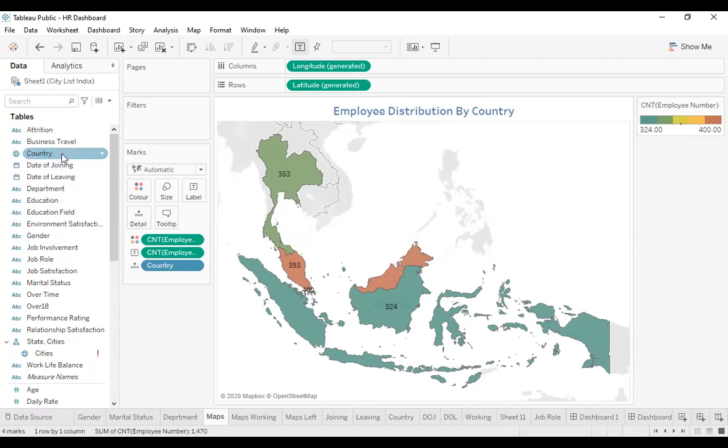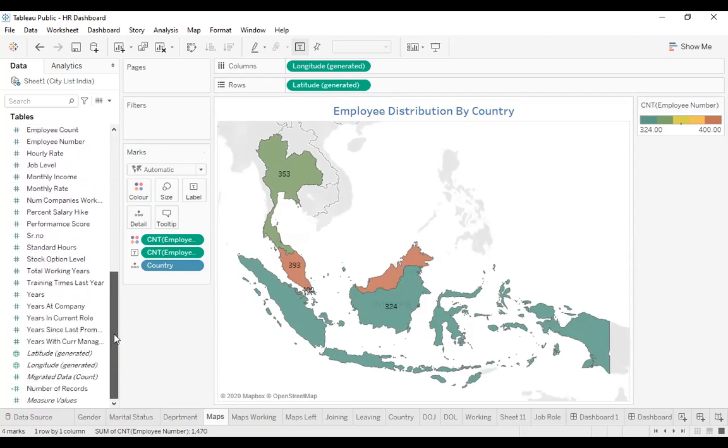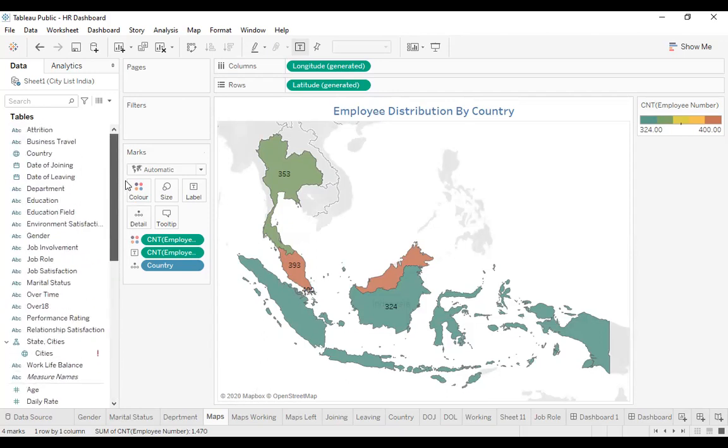So when we drag and drop the globe sign into the data, the longitude and latitude are automatically generated. You will find that longitude and latitude has been generated in the measures, because you can do calculation on the longitude and latitude. So once that has been done, it creates a longitude and latitude by default.